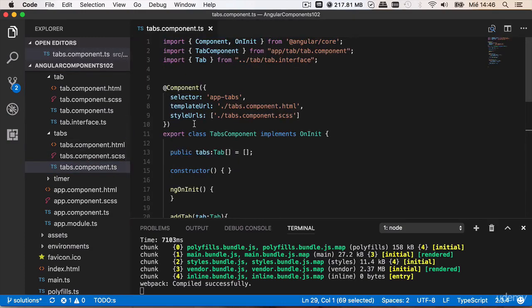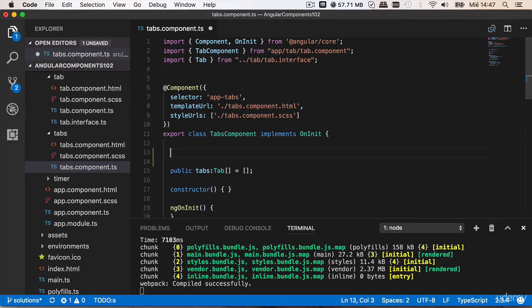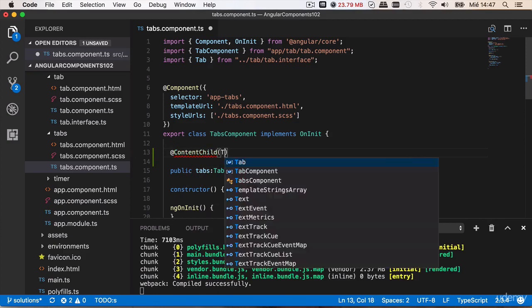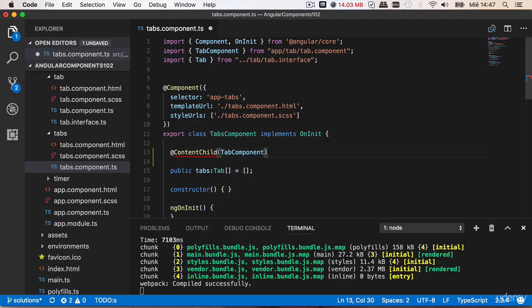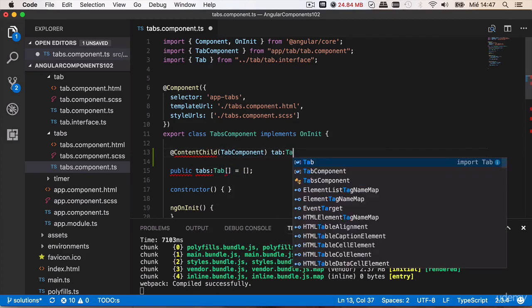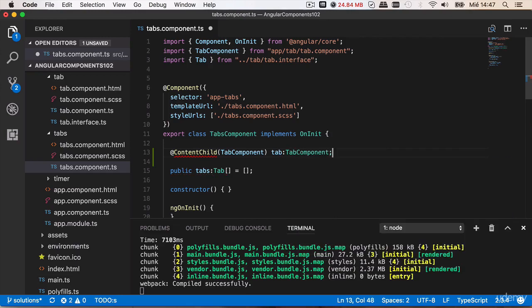I open tabs component TS in order to use this ContentChild decorator. I declare here with @ContentChild of TabComponent a property tab of type TabComponent. As always, I have to import this ContentChild decorator to my file. This way, what I have now is a tab property of type TabComponent, and what the decorator ContentChild does in this case is to find out some tab component inside the component template to assign its reference to this